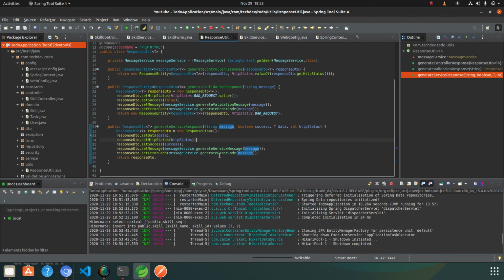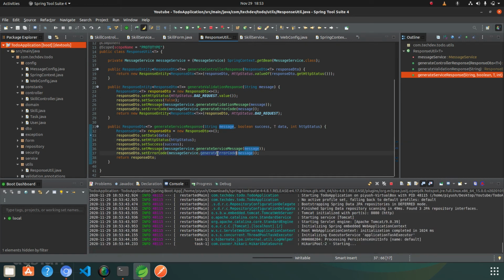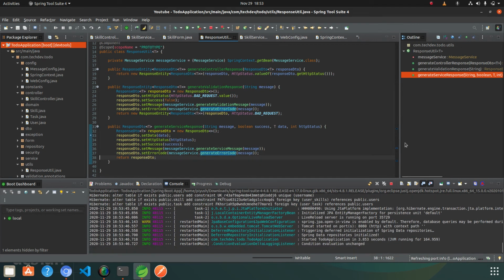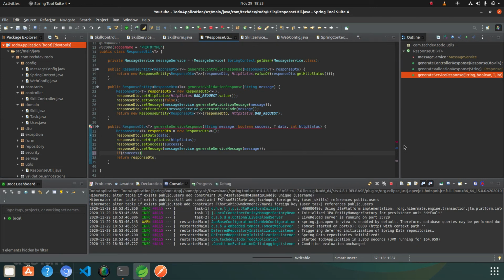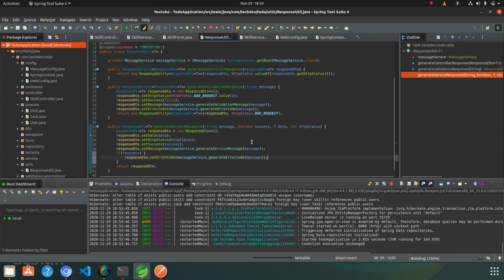Let's do this. And the error code part will only come if success is false. If it is not success, only then I will provide the error message here. So let's save it.